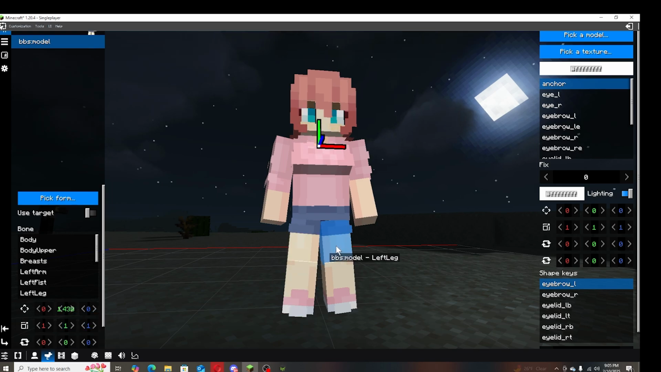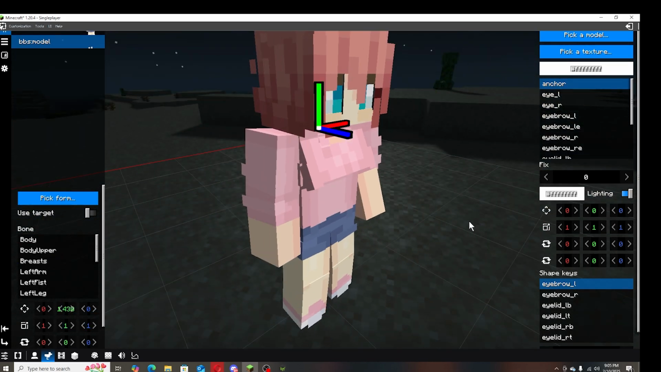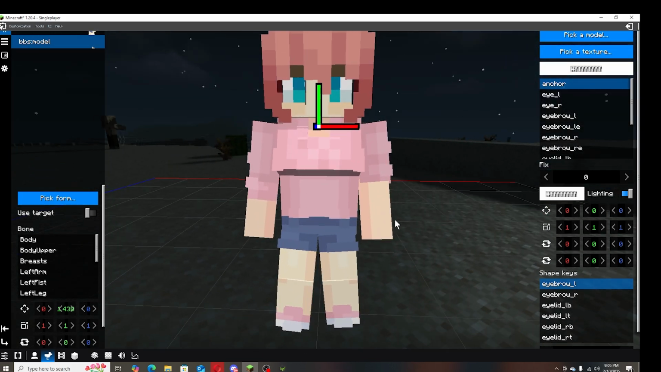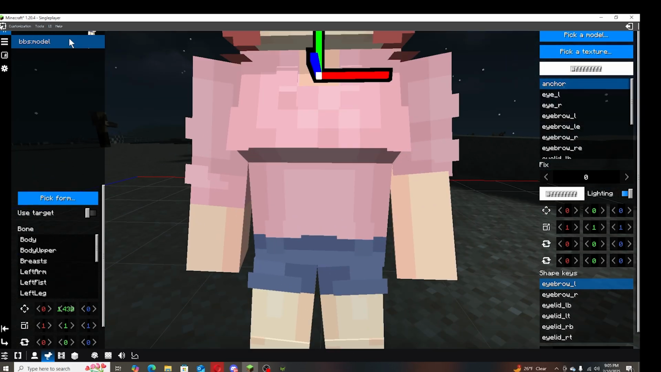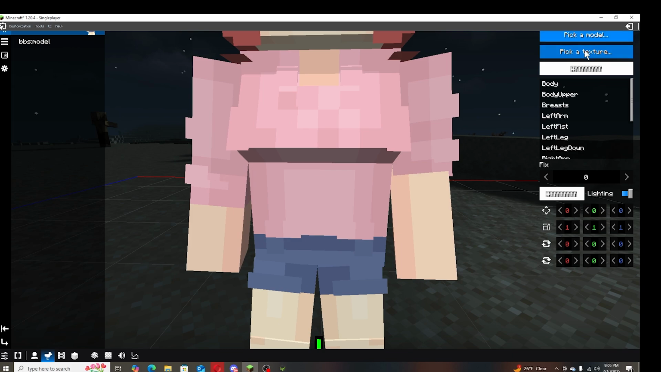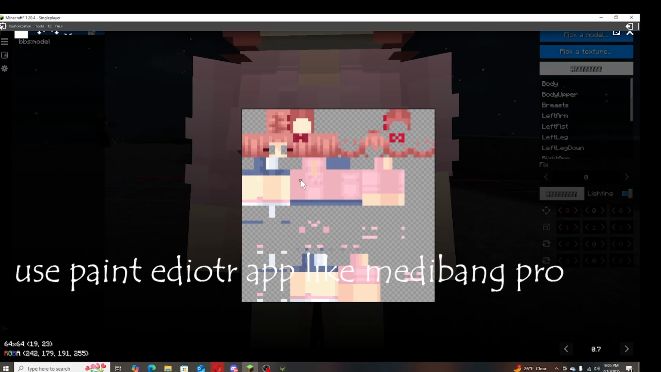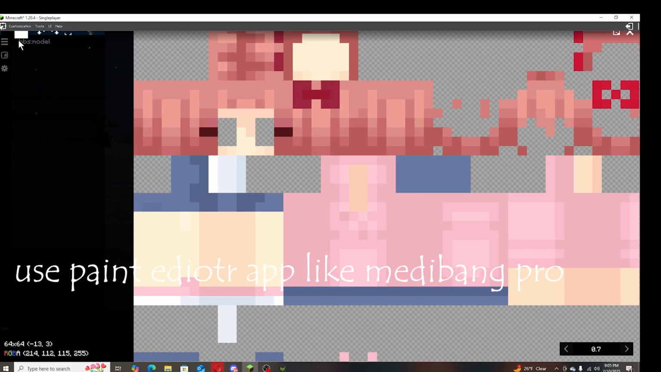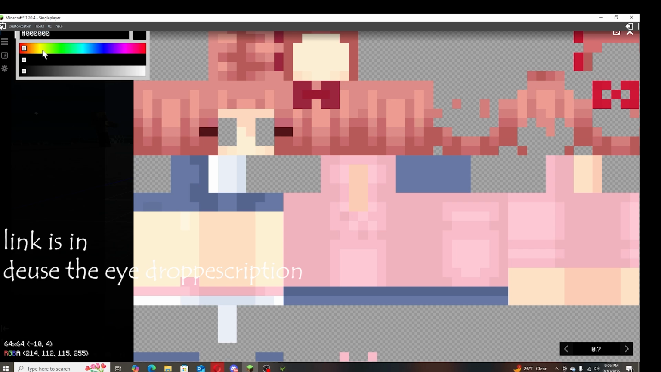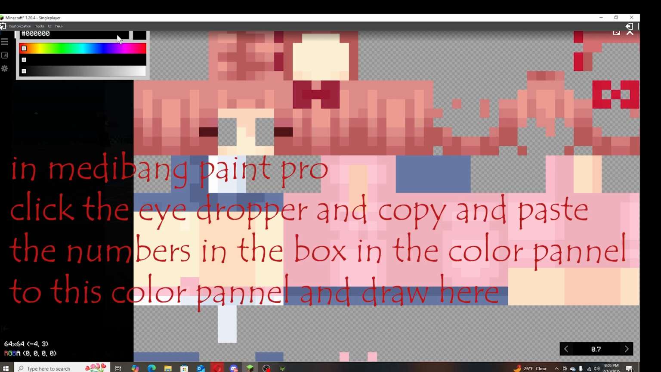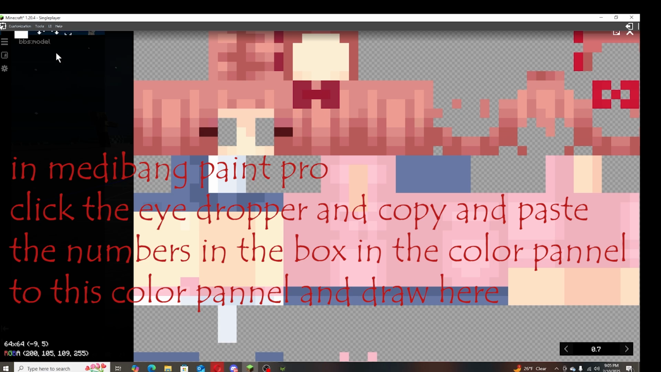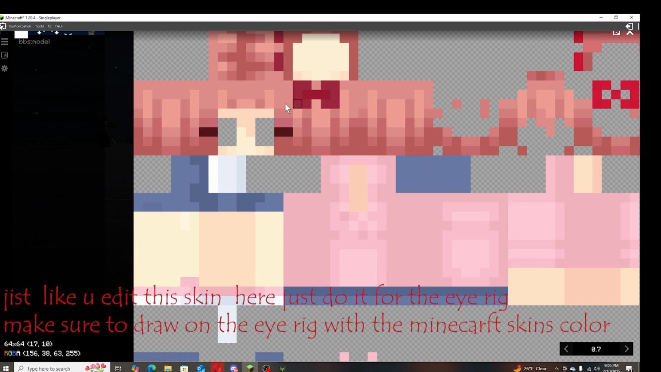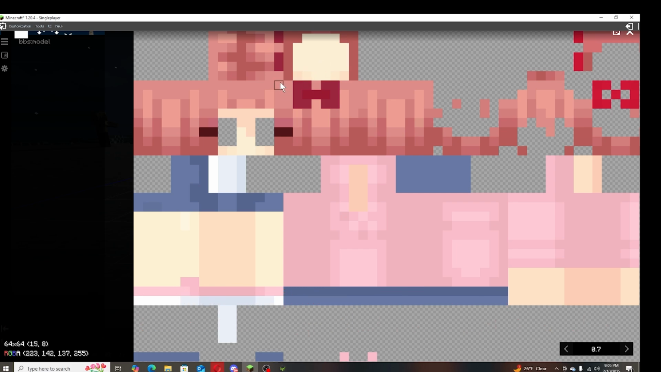The eyes might not match just because it's not the skin color, but you can change the skin tone by going to pick a texture and the edits. And then once you have your edit, like if you have Medibang Pro to edit your Minecraft skins, you can click the eyedropper and copy and paste the numbers for the thing. And then once you copy and paste it, you can click that and then drag it onto the eye. But right now I'm using the skin as an example. Drag it on the eye and,